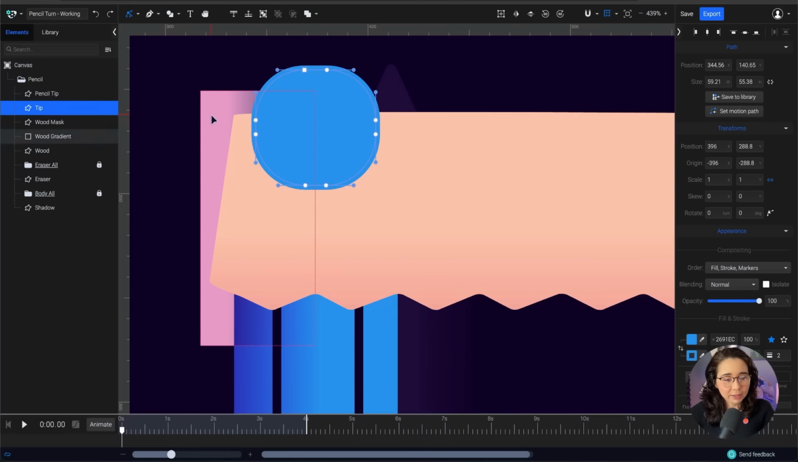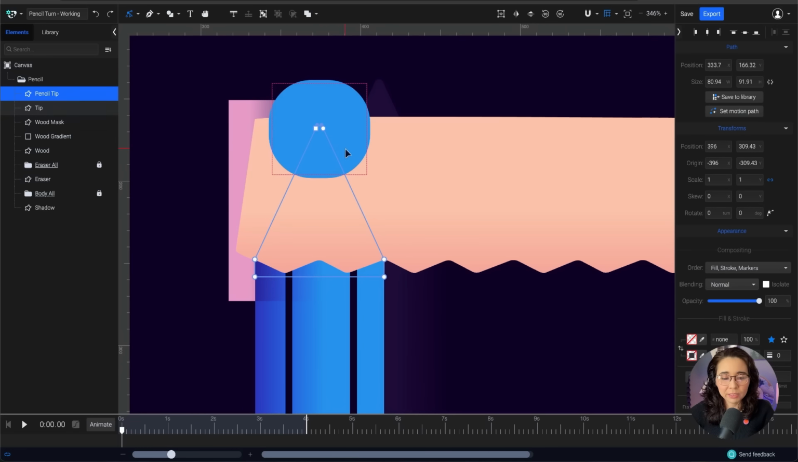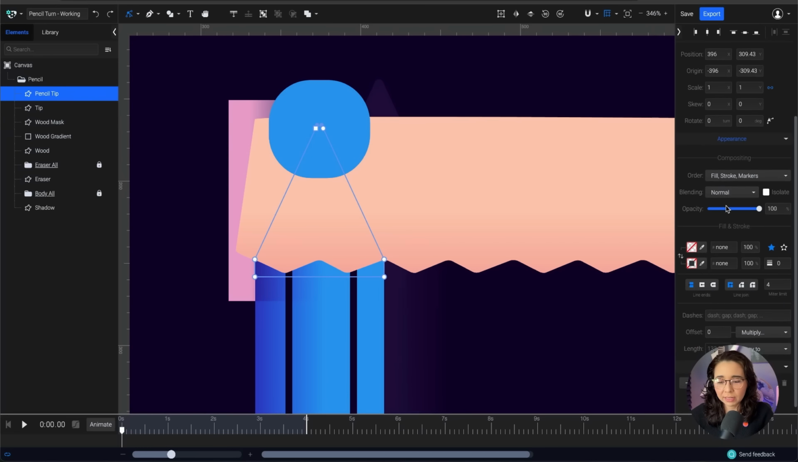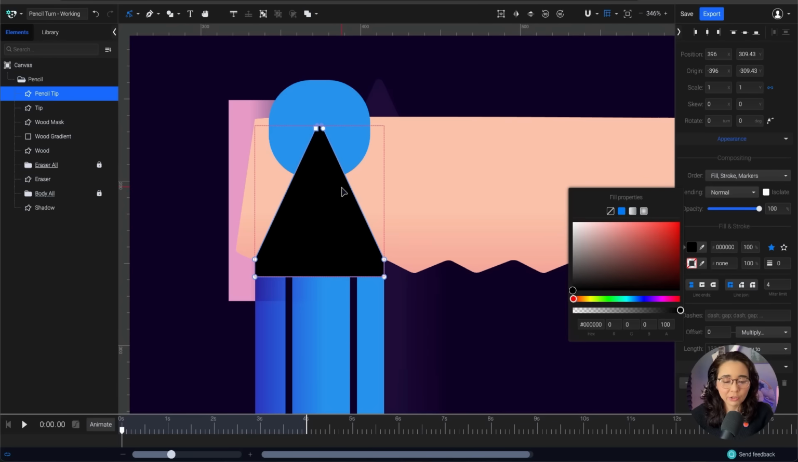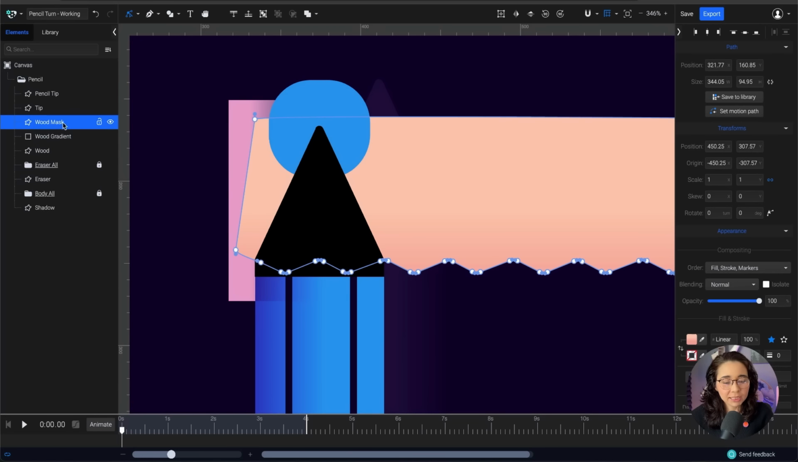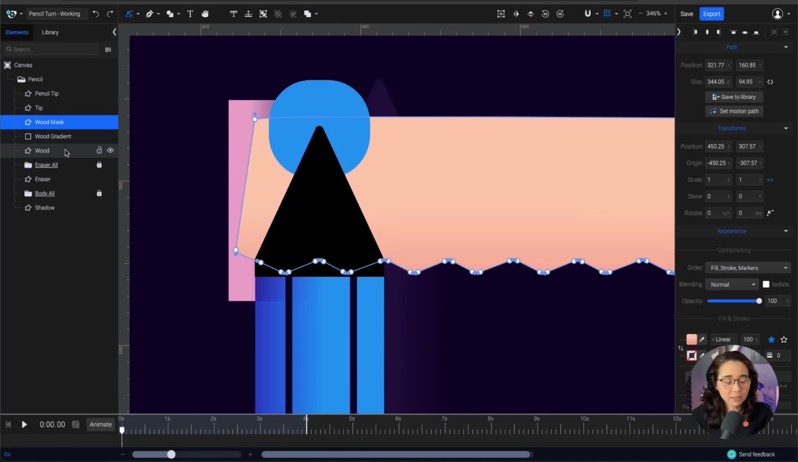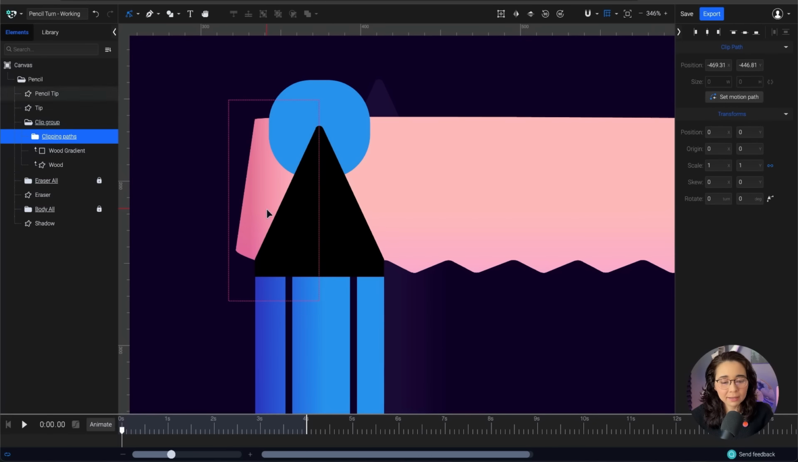And then we also have the actual pencil tip, which is going to be the mask that hides all of these elements. So this is just a triangle for the actual final shape of the tip of our pencil. So what we want to do here is select our wood mask once it's on top of the gradient and the actual wood that we want to see. And then I'm going to select the gradient and the wood, and I'm going to create a clipping path. That way,